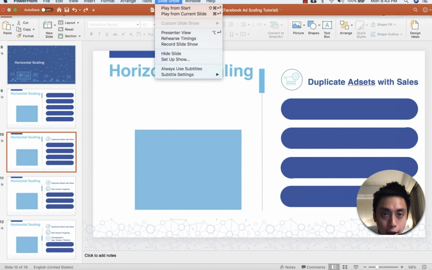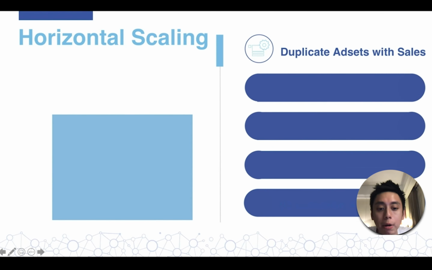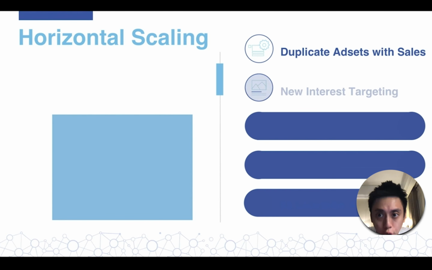Super basic, but you're doing that by allowing Facebook to do the work for you, okay? To look for more sales, more conversions. Now, number 2, another way would be to look for a new interest